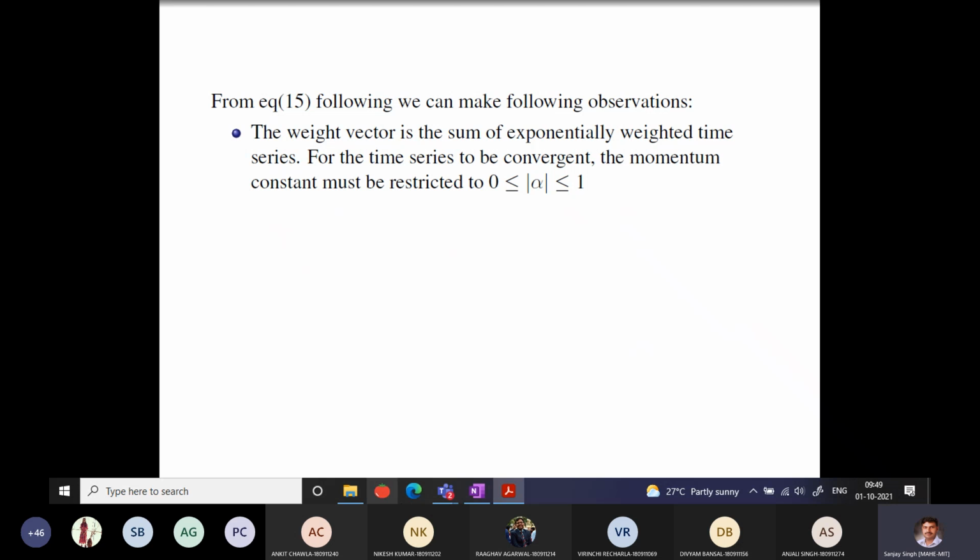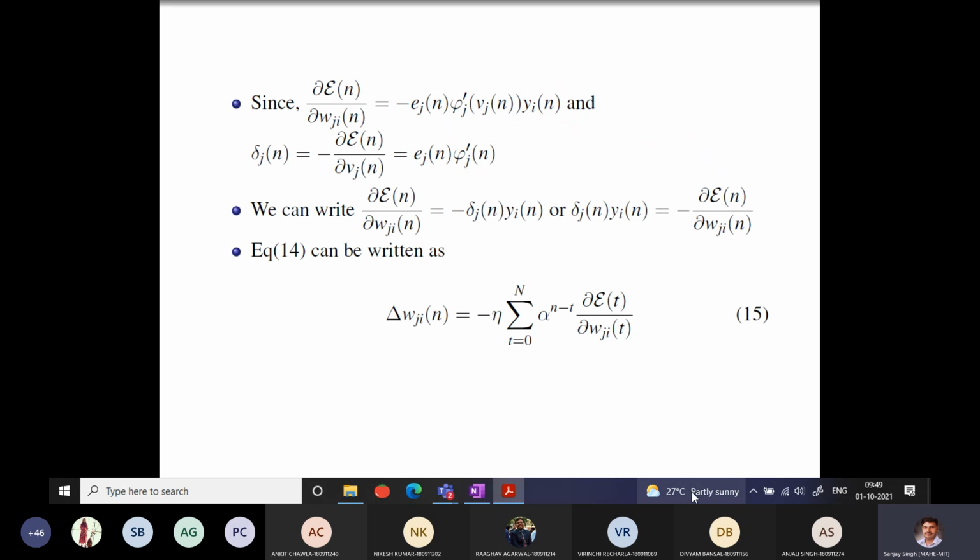So from this equation, we can make the following observation. The weight vector is sum of exponentially weighted time series. This is a time series and exponentially weighted because the momentum constant is there, so it is getting weighted every time it's getting added to it. And it's a time series because t is something depending on this. Now,